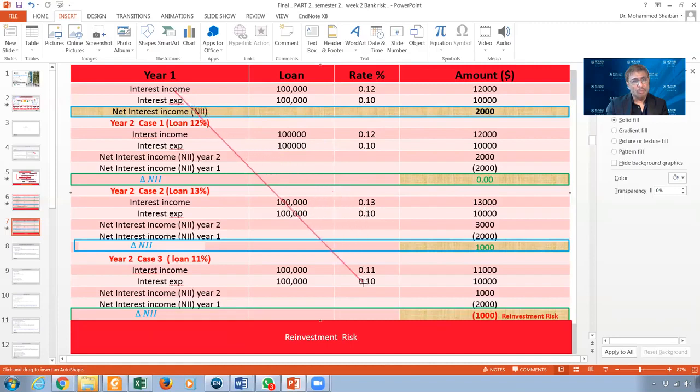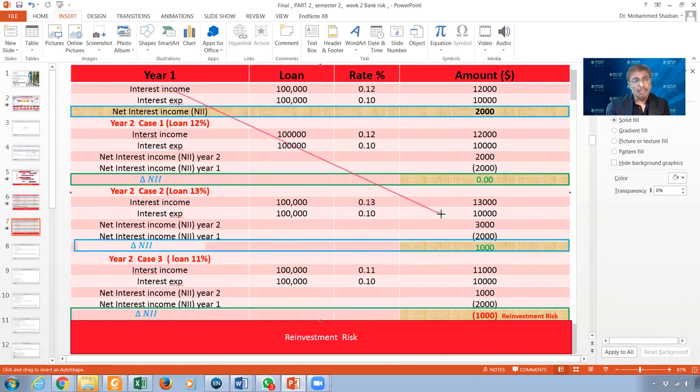I always pay 10% in the second year because it's fixed for 2 years. The loan, when it finishes in the first year, can be 12%, which means there is no problem here. There is no impact. Or it could be 13%,